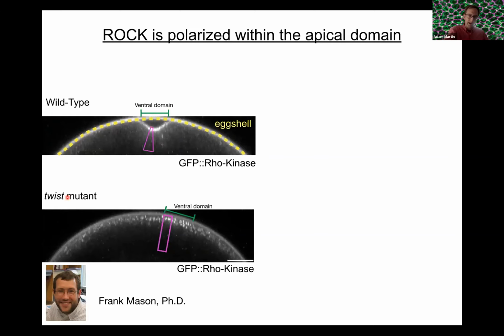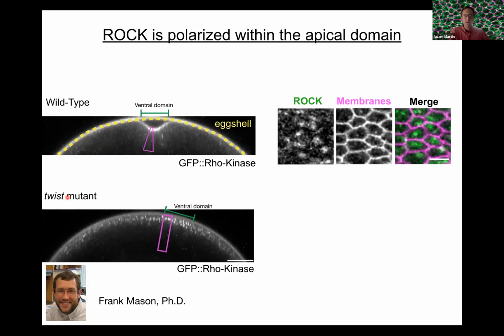So I just want to point out the twist mutant. In the twist mutant, cells do not constrict, and the tissue does not fold, even though you have this apical rho kinase. So Frank looked more carefully and found that rho kinase is not just uniformly localized across the apex of these cells. Now this view is looking bird's eye view down at the surface of the tissue, similar to what I showed before. And what you see is that there's a patch of rho kinase in the middle of the apical domain of each of these